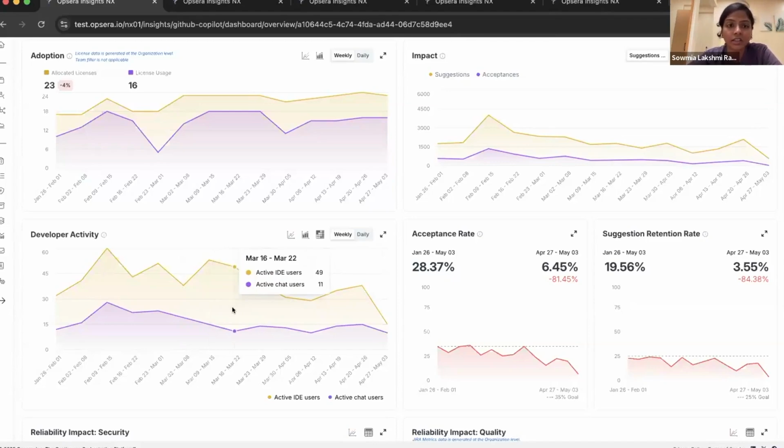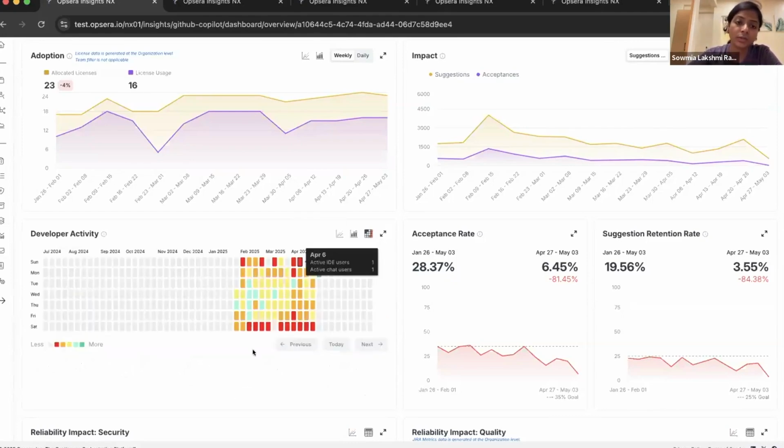How am I even going to understand that productivity? And that's where you can see if the chat users are consistent, are they increasing? Are they decreasing? So here you'll be able to see, from the overall active users, obviously IDE users are more, because predominantly 80% use it for the coding activity. But this gives you an understanding if chat is also used predominantly in your organizations.